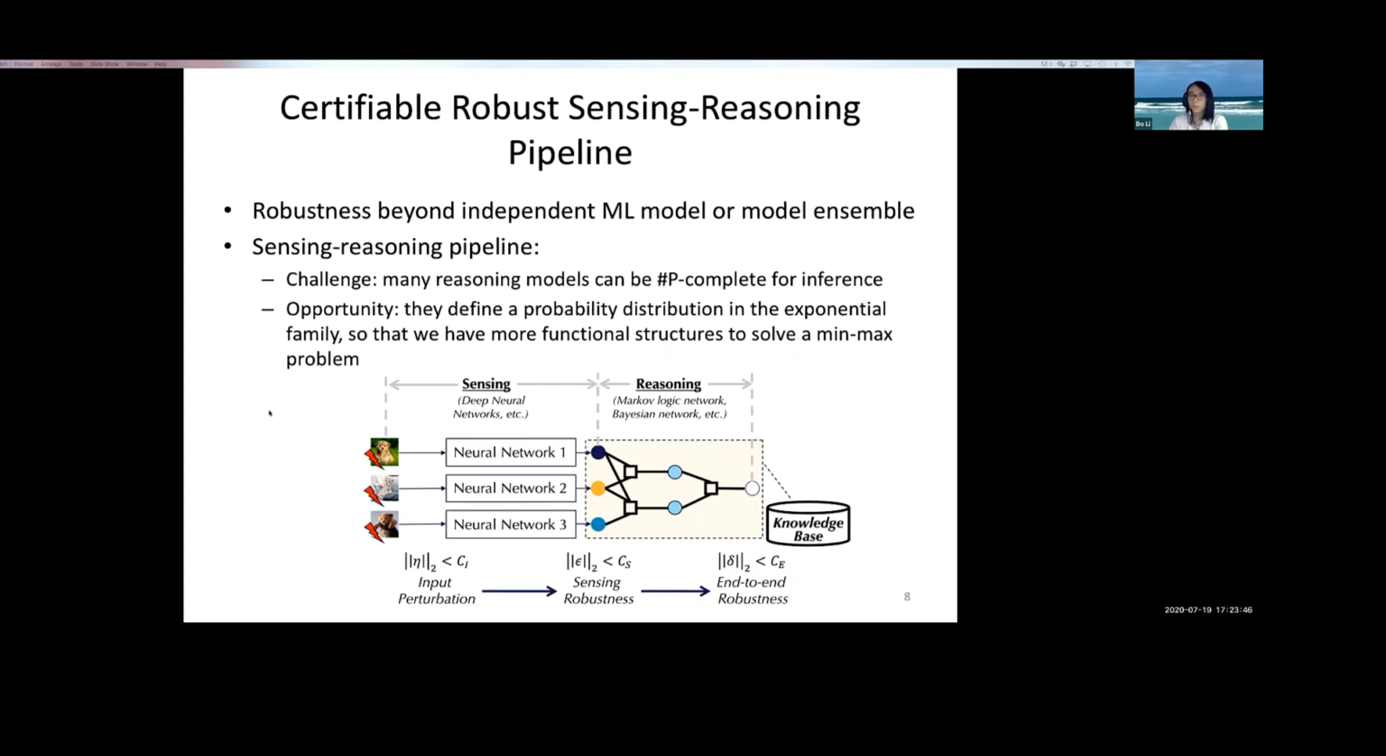So here, in this sensing-reasoning pipeline, we'll mainly talk about two questions. One is: is checking the provable robustness in the reasoning component feasible when the inference of the reasoning component is Sharp-P complete? We will show it is possible and we can compute it efficiently. And second, when we can efficiently compute it, how can we guarantee the end-to-end robustness given some oracle towards the statistical reasoning, meaning we know what knowledge we want to incorporate in the reasoning component. Okay, so next,